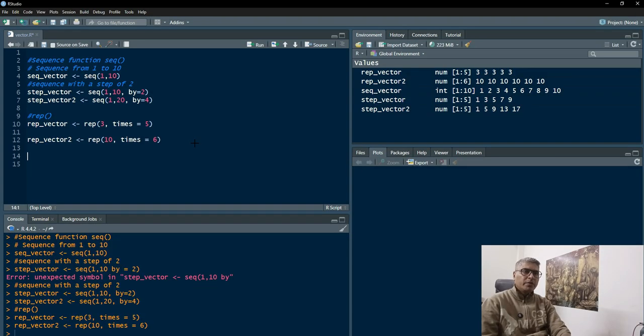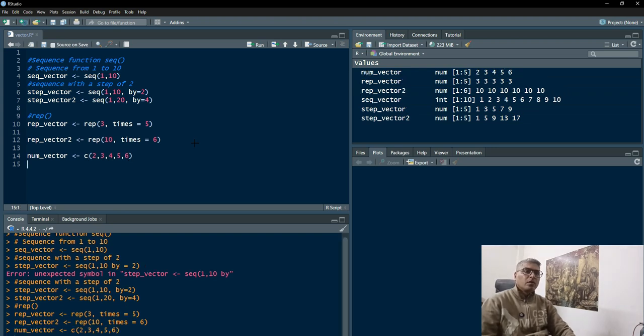Now let's understand the next concept of vectors, that means accessing a vector with the help of index. Let's understand it in RStudio. Let us create a numeric vector. So we have created a numeric vector by the name of num_vector, which has elements 2, 3, 4,